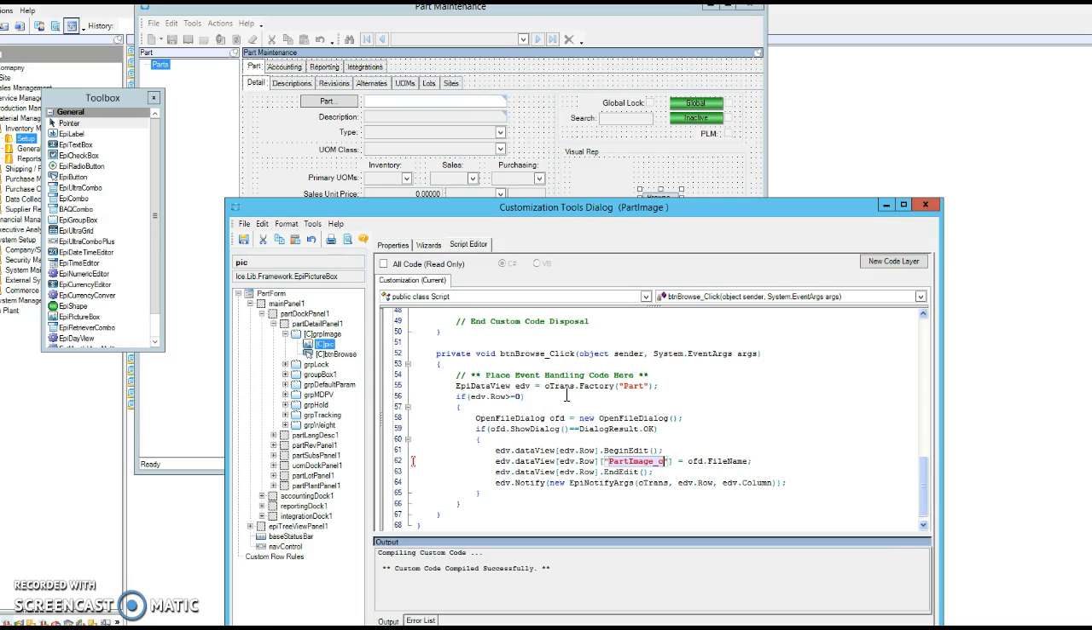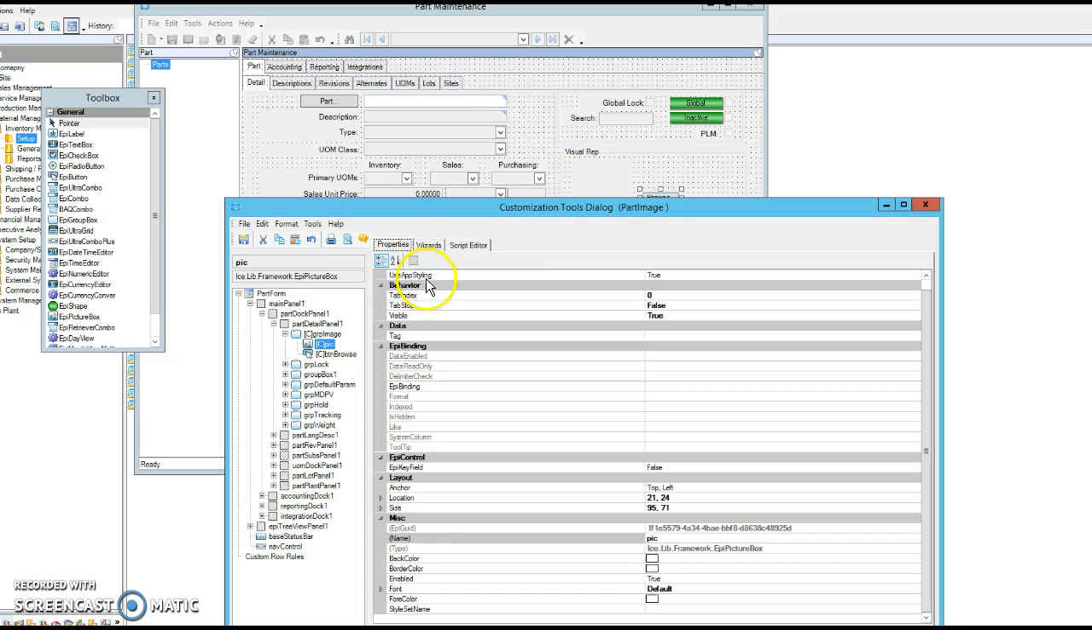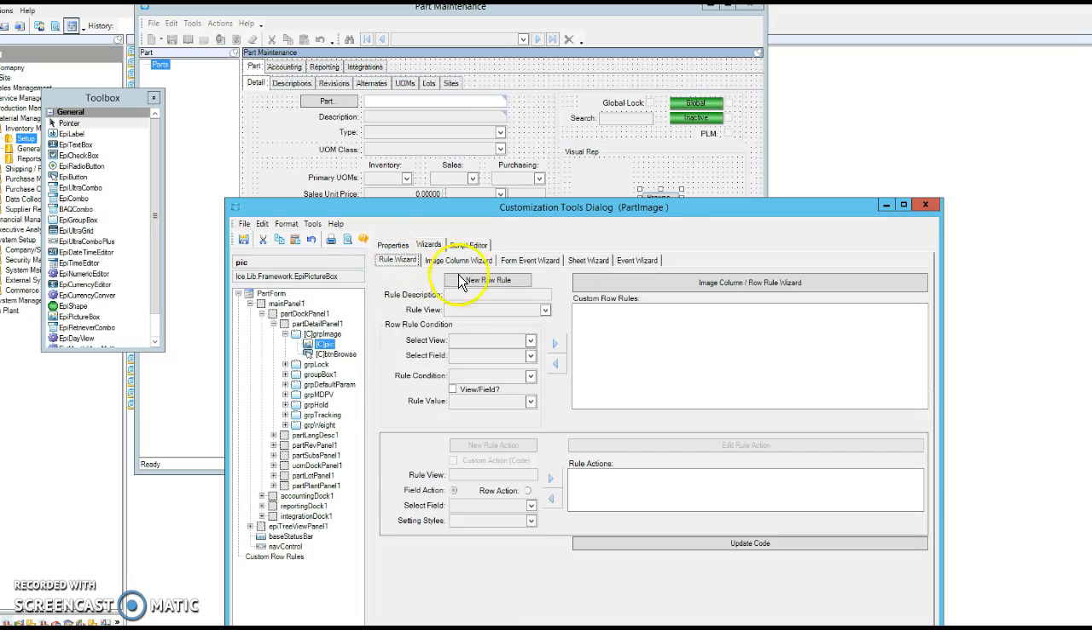And the best way to look at the record every time a record is loaded, or pretty much any time a record is touched, is for us to use the row rule wizard. The row rule wizard you can use to do conditional checks on fields and then perform an action. Now that action generally is a highlight or something like that, but we also have a custom code action which we can use, which we're going to take advantage of